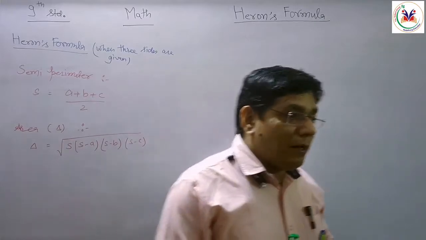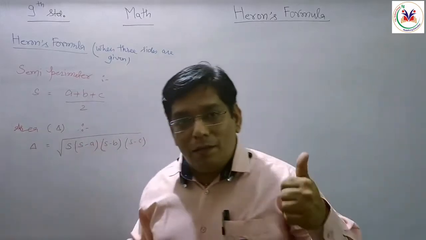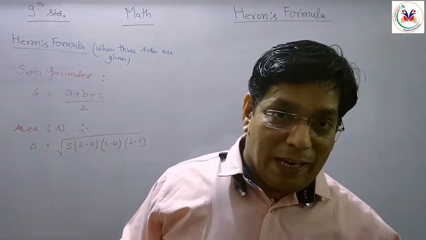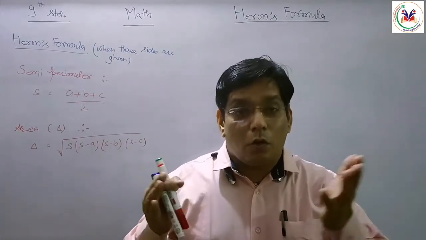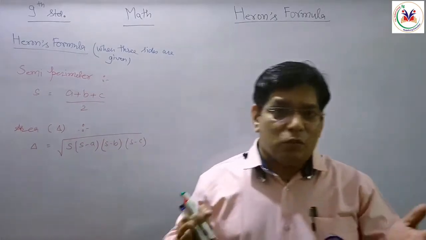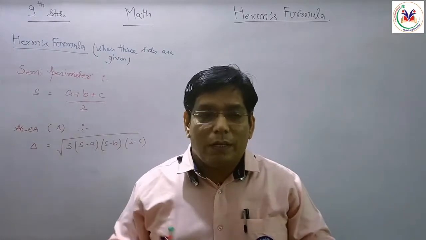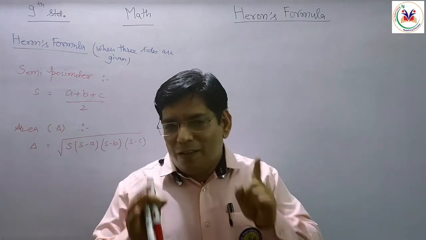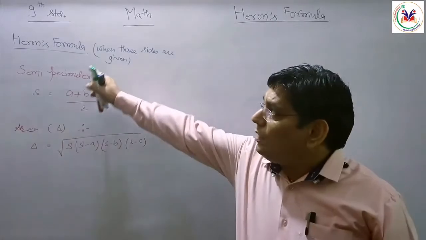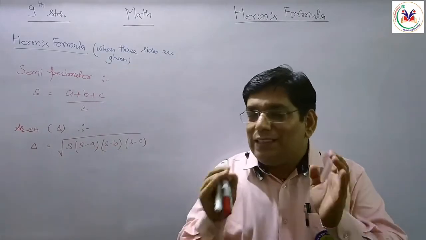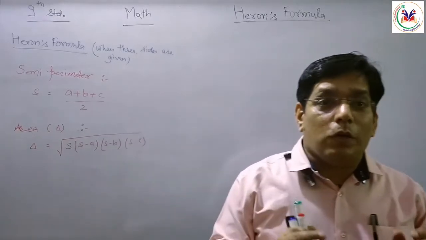When we talk about a quadrilateral, in that quadrilateral we have so many members in its family: parallelogram, rectangle, square, trapezium, kite, rhombus, isosceles trapezium. These are the different kinds of members in the quadrilateral. We are going to discuss the quadrilateral's area, but by using Heron's formula. So we will go through different cases.